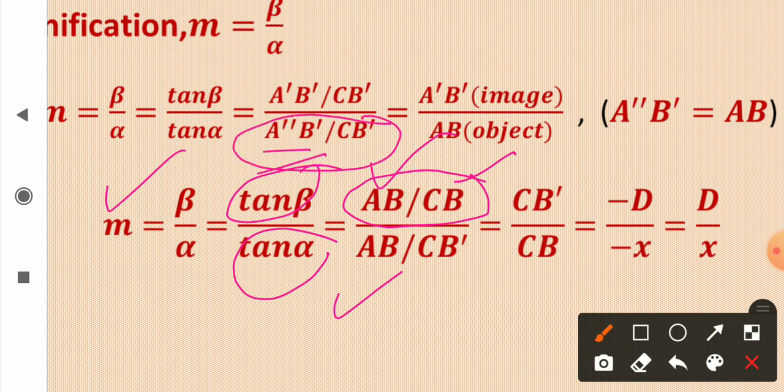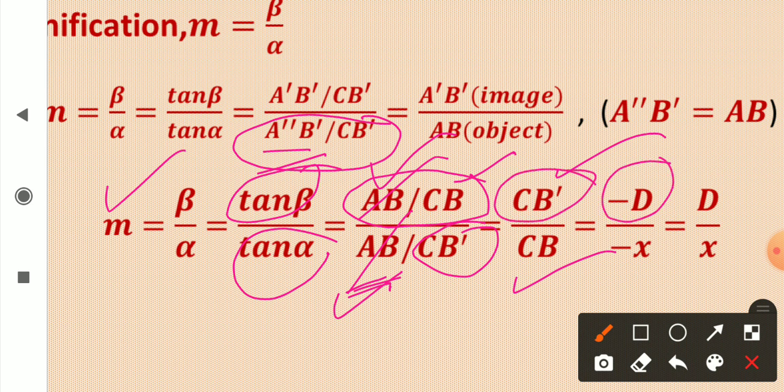Now in place of A double dash B dash I have written AB, and this CB dash is already there. So AB and AB cancelled. This CB dash goes up and CB comes down, and from the diagram CB dash is equal to minus D and CB is equal to minus X using the